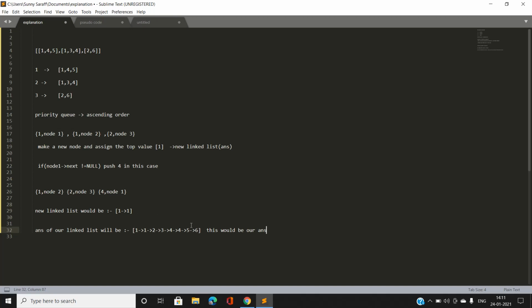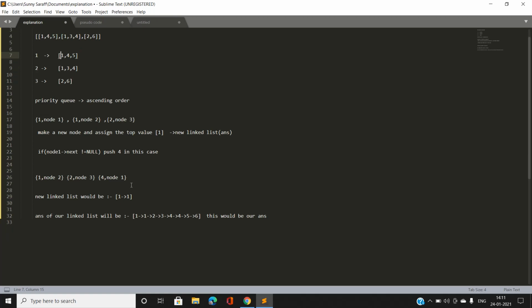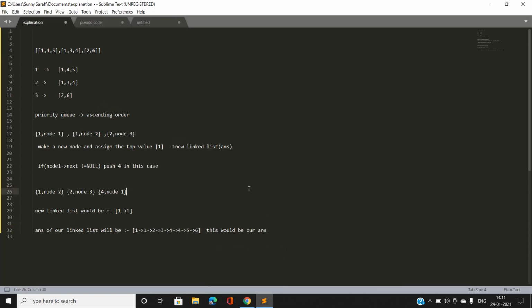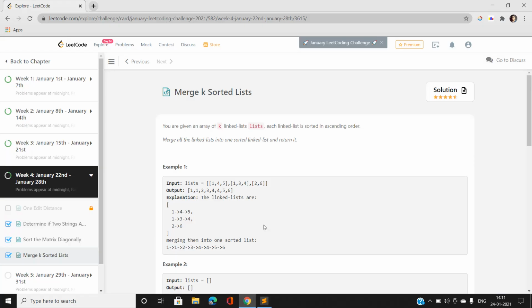So the trickiest part of this question is that one must have the basic idea of priority queue. We can first push all the first elements into the priority queue, and if an element gets popped out, then we are going to check if this node has more elements to the right. We are going to push that into the priority queue, and we are modifying our answer linked list to approach our final answer, which would be a single linked list, and all the elements of this linked list are sorted in ascending order. So let us move on to the implementation part of this question.